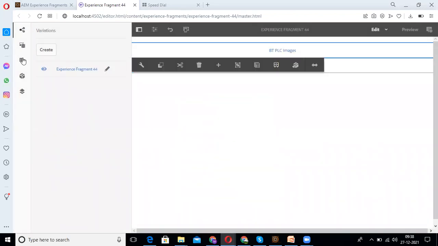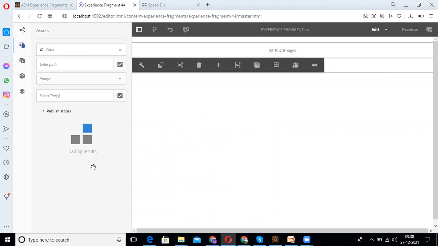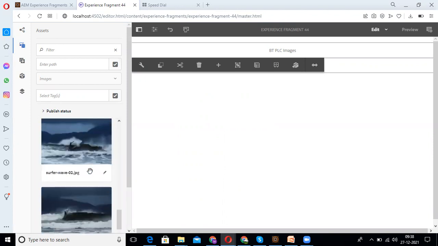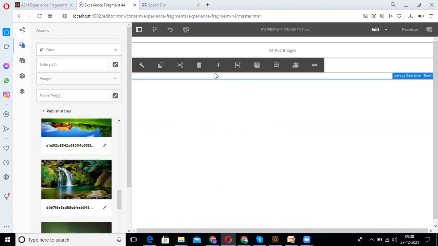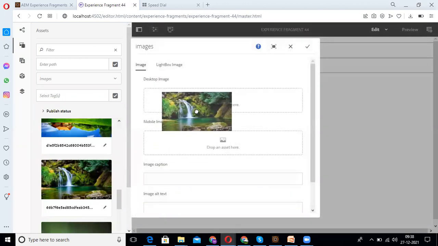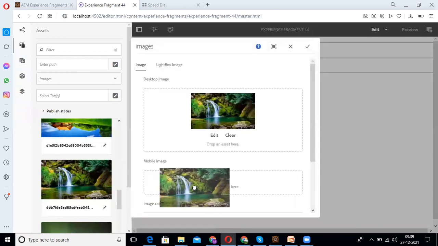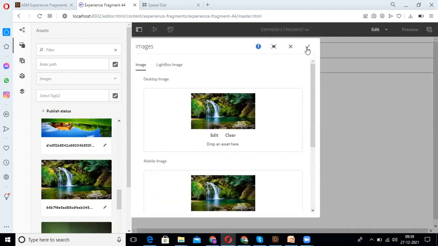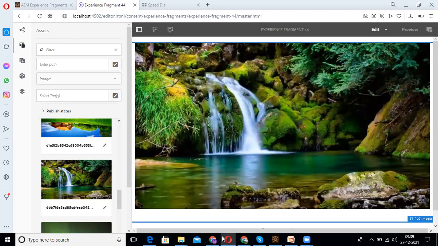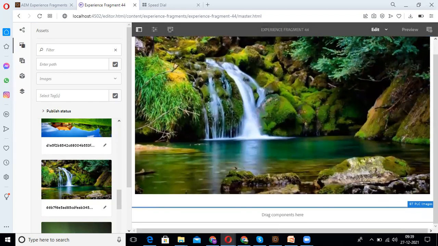Now we need to add an image here. So we need to click on the configure button. So we need to drag and drop images. I'm clicking on the OK button. So the image is successfully added here.